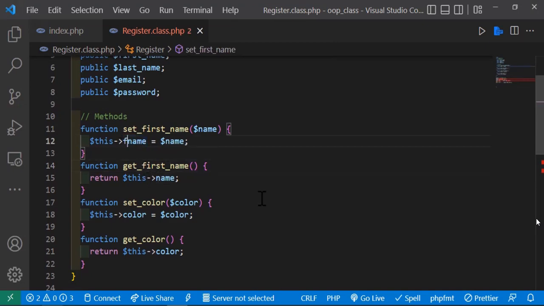Yeah, it was. I basically changed it in the first one and forgot about the rest of them. First name, and of course, I'm going to also call it first name. First name has been done, so that is set first name, get first name. So I need to change it to